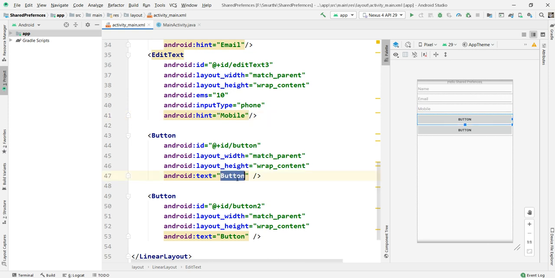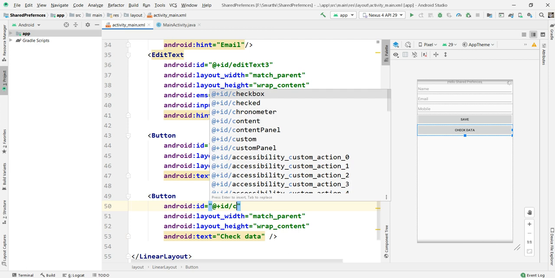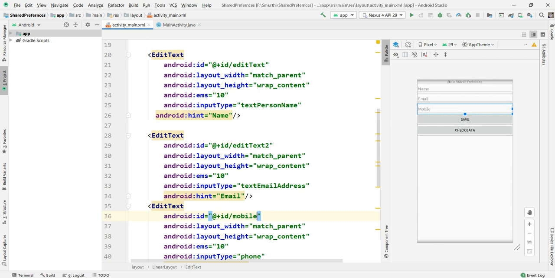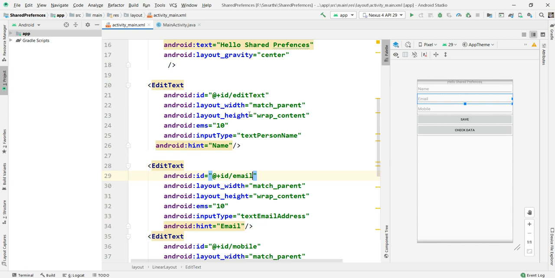Then I'm using this button for save, changing it to save. This one I'm using to check data, so I'm changing it to check data. This one I'm changing to mobile, this one to email, and this one to name.